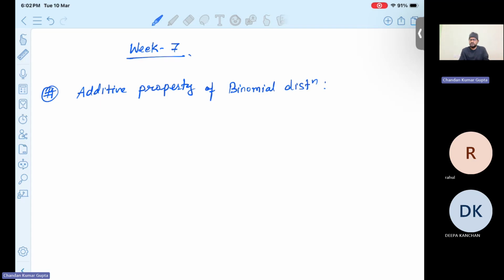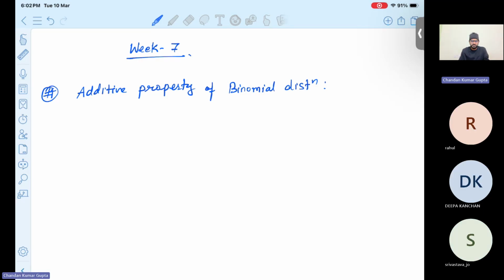Here we will discuss the different kinds of properties of different variates. That variate may be binomial, Poisson, gamma, exponential, or some other. So what is the additive property of binomial distribution? Suppose X1 follows binomial(n1, p), X2 follows binomial(n2, p), and